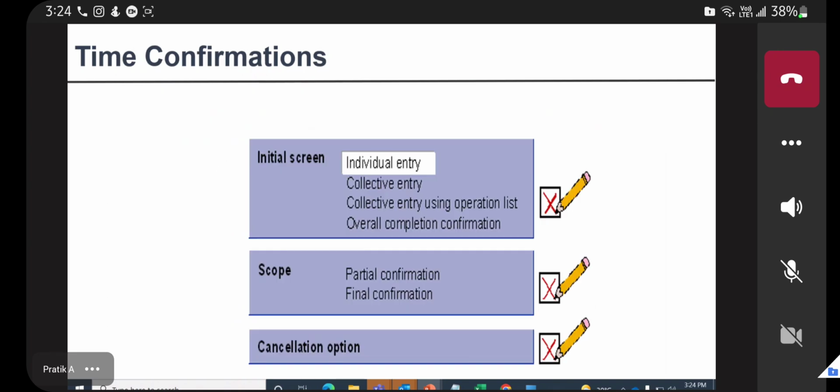So for time confirmation, there are various ways we can do it: individual entry, one by one, or a collective entry. Let's say I am responsible for doing time confirmation of 20 labors. I can just have an Excel, upload it, and do the time confirmation together. So these are options. And final and partial is important because